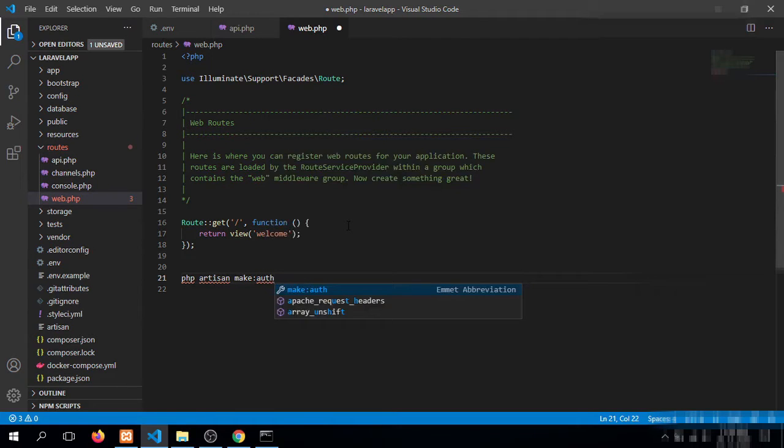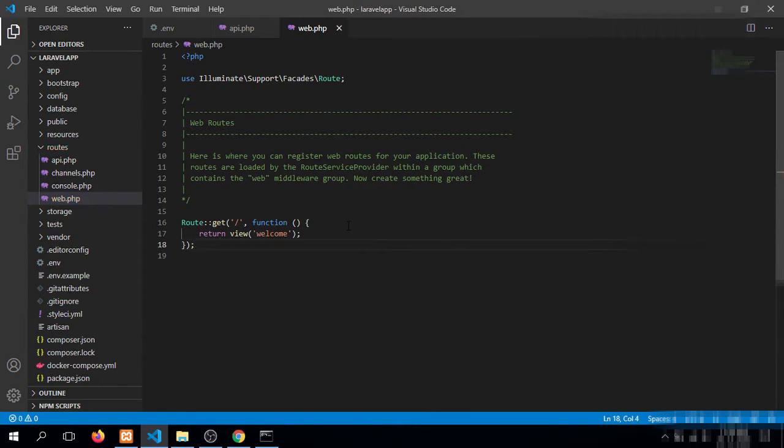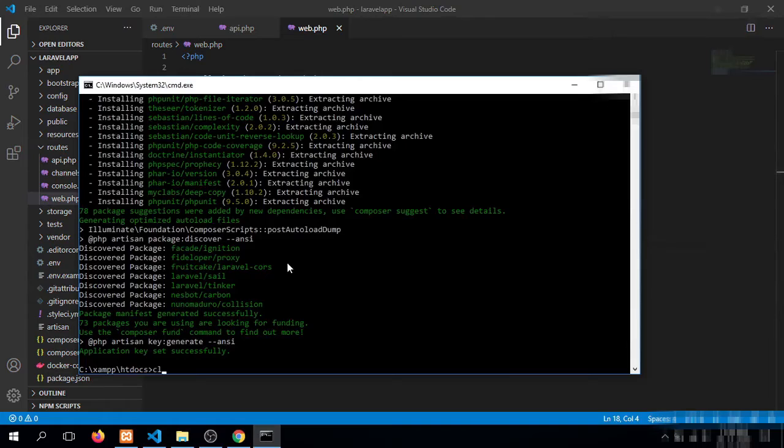Recently in Laravel 8, Laravel removed this feature from the framework, so we will have to make some changes in our application to provide the authentication feature. So let's start with these.